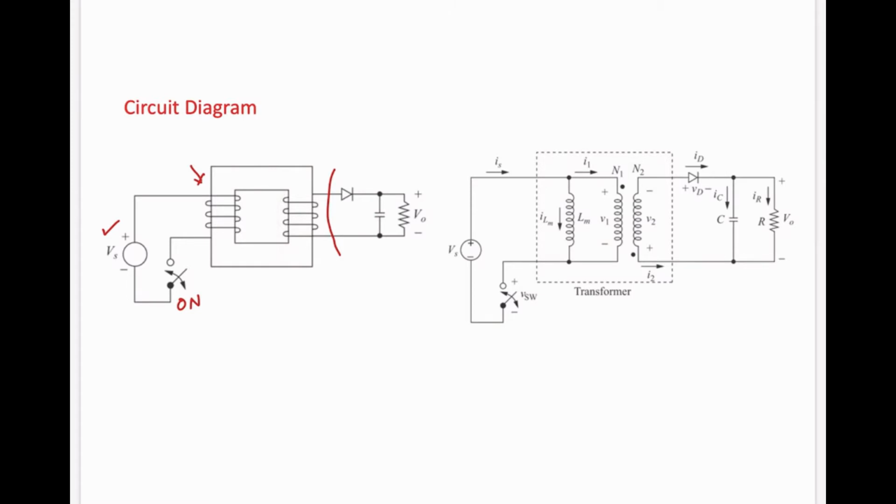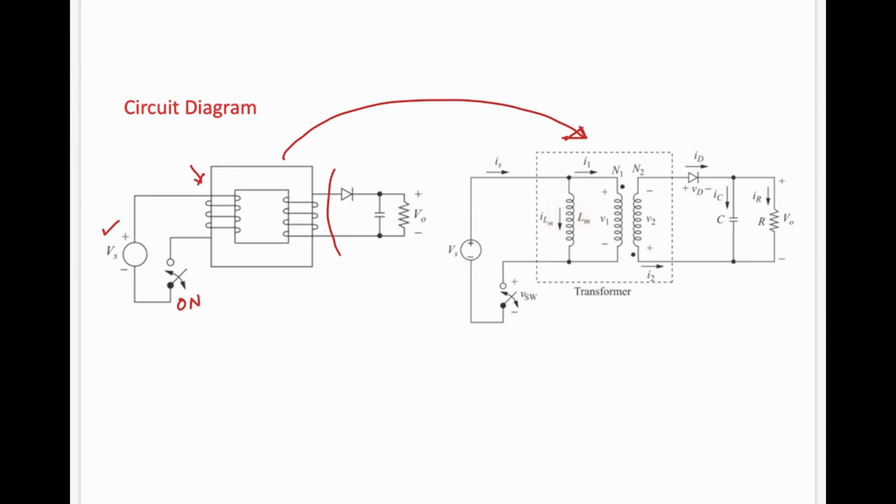So the flyback converter can be analyzed by using the transformer model, which includes the magnetizing inductance. So we are going to replace this transformer with its equivalent model. In this model you can see there are two windings, the primary winding and the secondary winding, and there is isolation in between. And here you can see the magnetizing inductance.